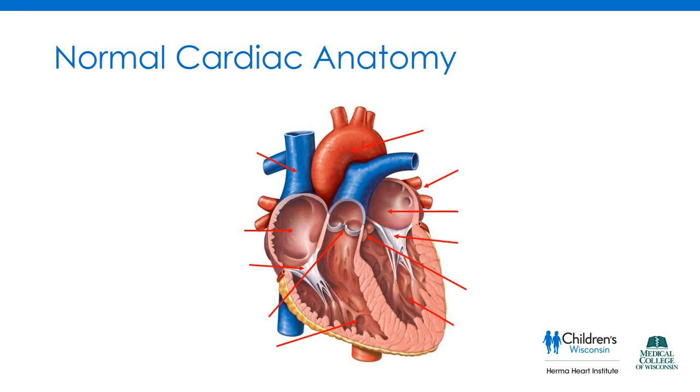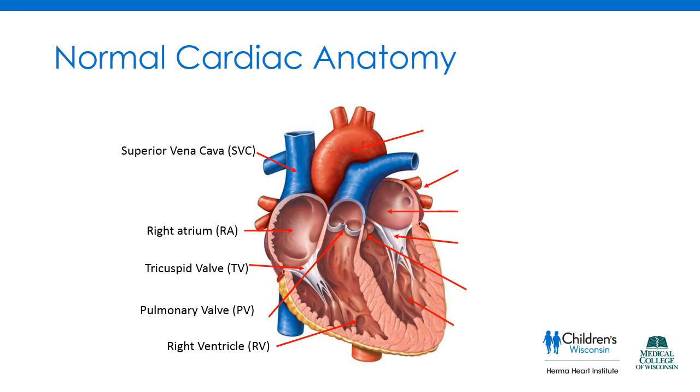As you can see, this is a cartoon of a normal heart. So this is the superior vena cava, and blood flow comes from the superior vena cava, from your head and upper body, and from your inferior vena cava, which is depicted right here, and drains into the right atrium. It then crosses the tricuspid valve into the right ventricle, and then the heart squeezes and blood flow gets pumped out the pulmonary valve into the main pulmonary artery and into the branch pulmonary arteries,